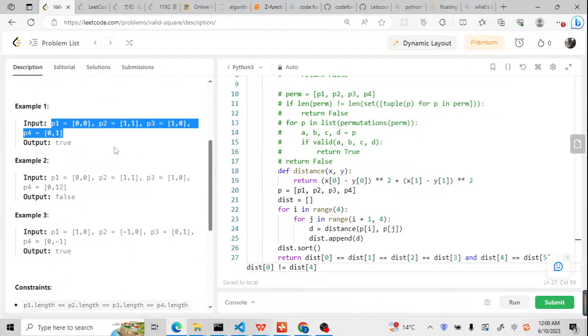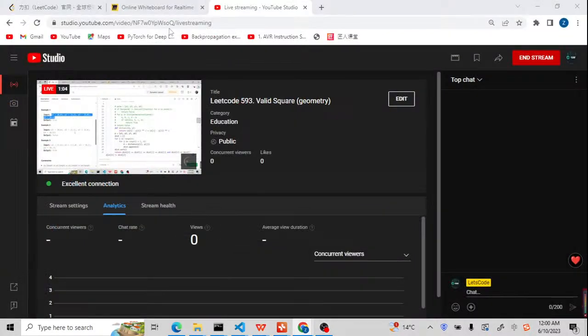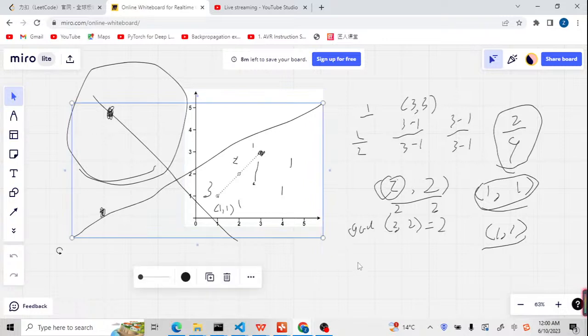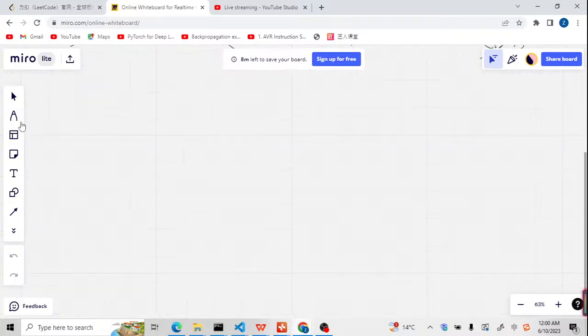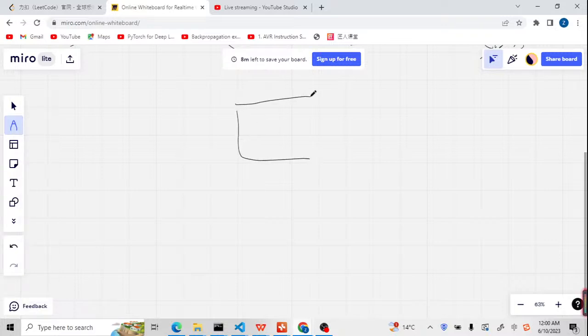And now let's try to solve the problem in 2 ways. Let me first go to the whiteboard to explain the 2 ways and then go to the code editor. So there are 2 ways to solve this problem. The first way is the permutation, the brute force, and another way is a clever method by sorting all the answers. So if we are given 4 points, if it can become a square, it must